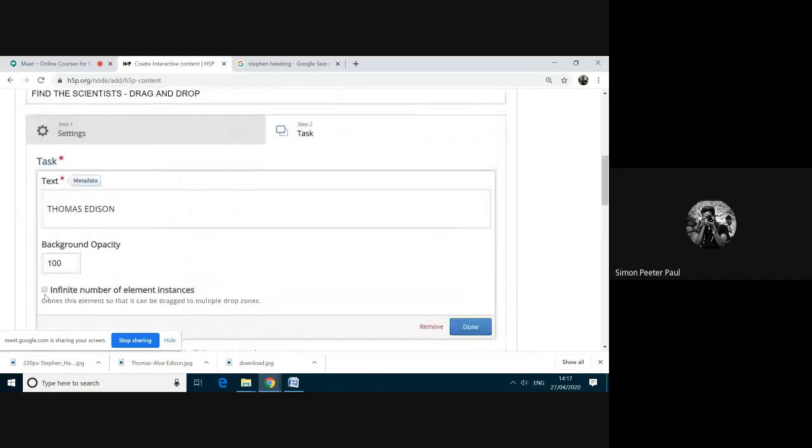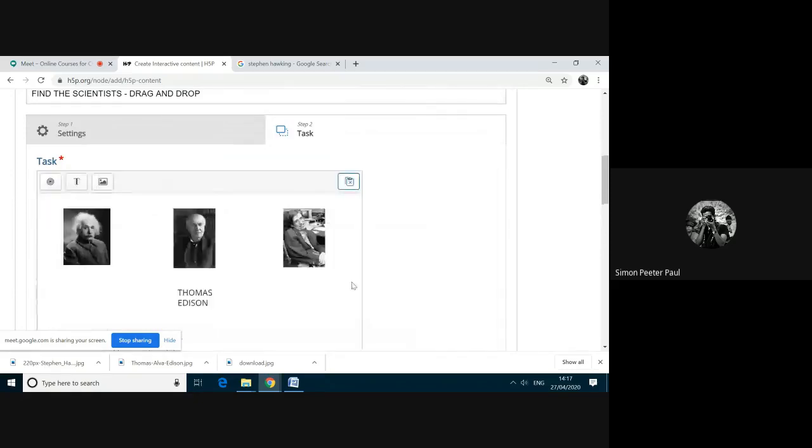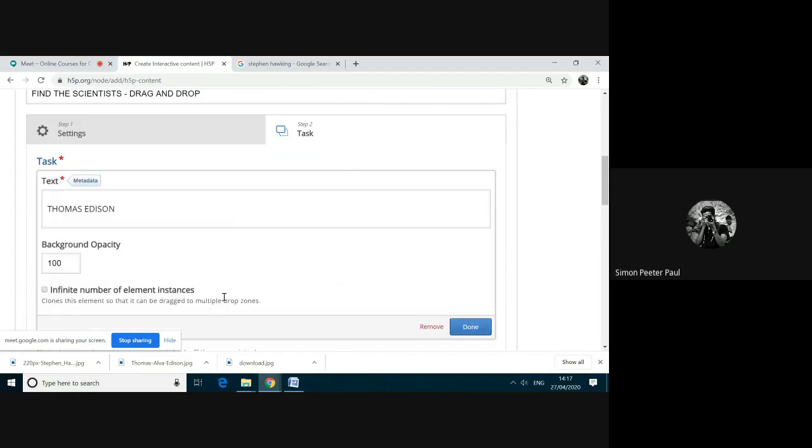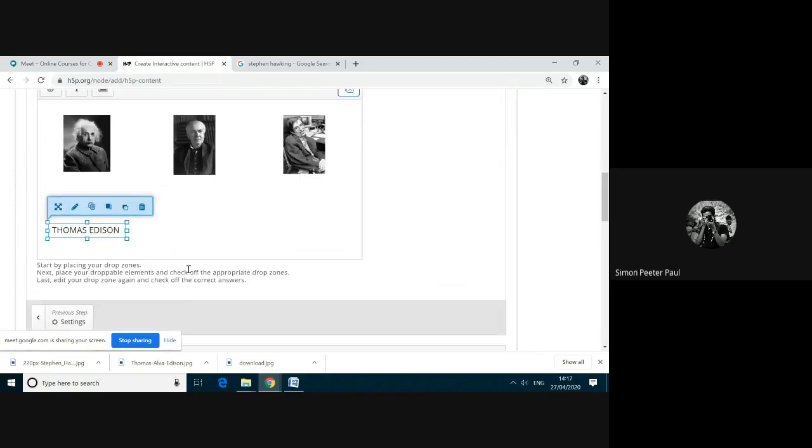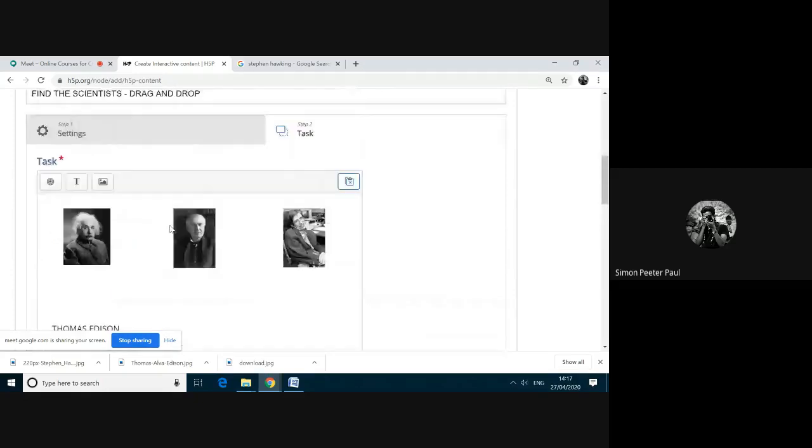Let me edit. Here I'm changing the opacity to 0. I move the text here, and then again I'm